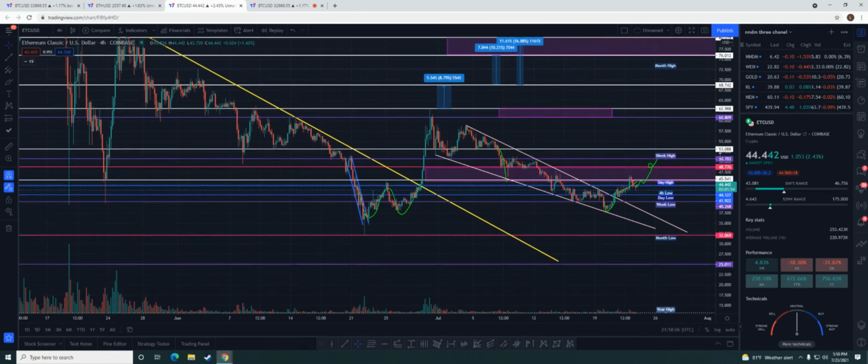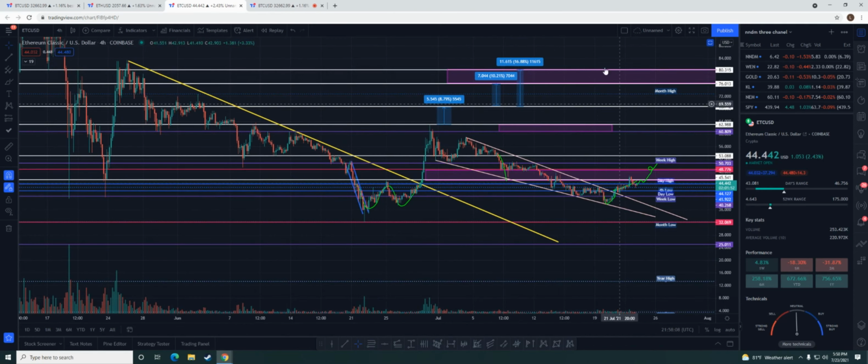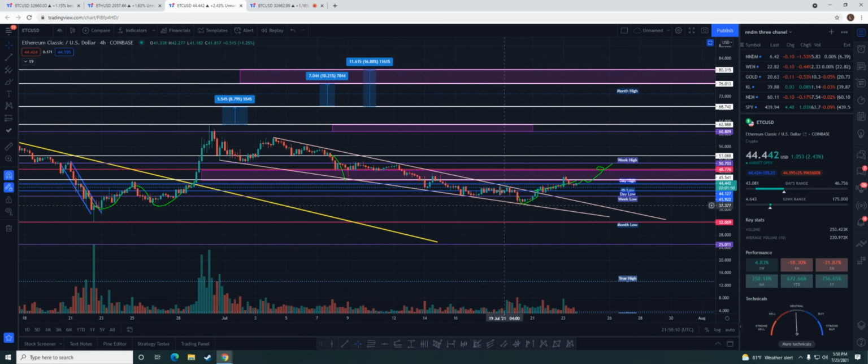And then these are my targets. These are all my targets to sell, right? We came a little bit lower in the wedge than I wanted to. I thought, okay, maybe we can bounce here, but we kept going. Bitcoin was breaking down. And then finally we broke out, which if you would have taken this trade, and guys,